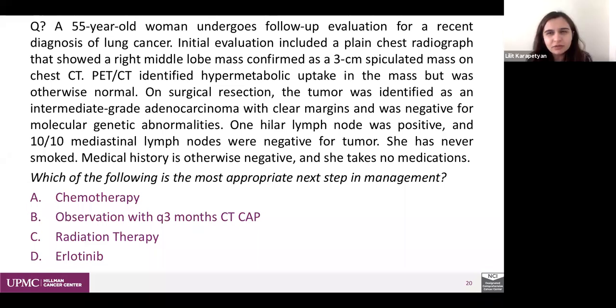See? One thing to consider in this case, it's a pretty large disease. Clear margins, CT mass, but was otherwise negative. But so it is adenocarcinoma. 1 hilar lymph node was positive, and then other mediastinal were negative. So usually in this case you would do chemotherapy, because it's a high disease stage. I agree with you that in some cases you could do radiation, but